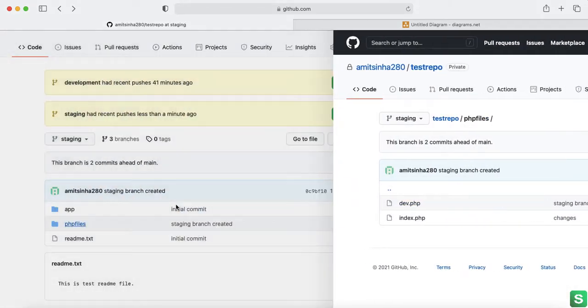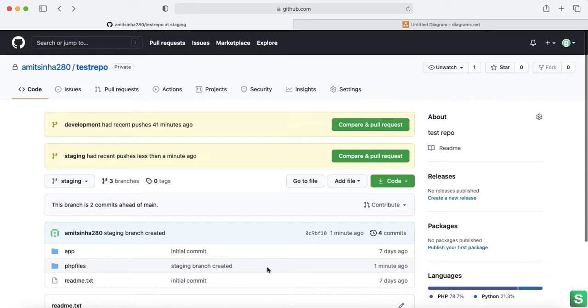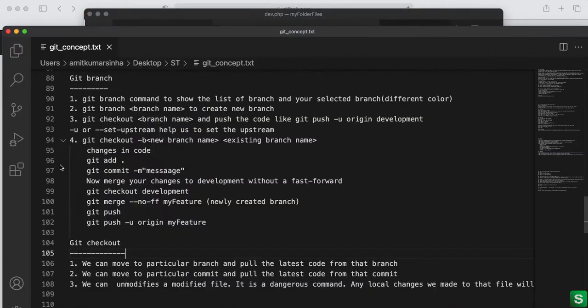So this is one way to create a branch, but this is an independent branch. It is not coming from, or a child of, any parent or existing branch. We can also create that. See here, I wrote git checkout -b. This is for creating a new branch from an existing branch.